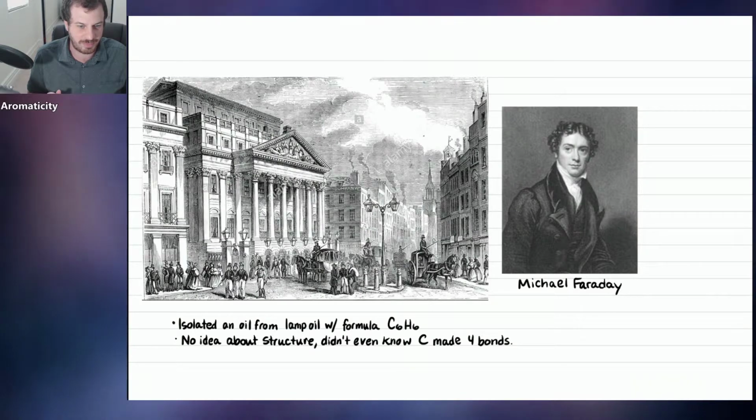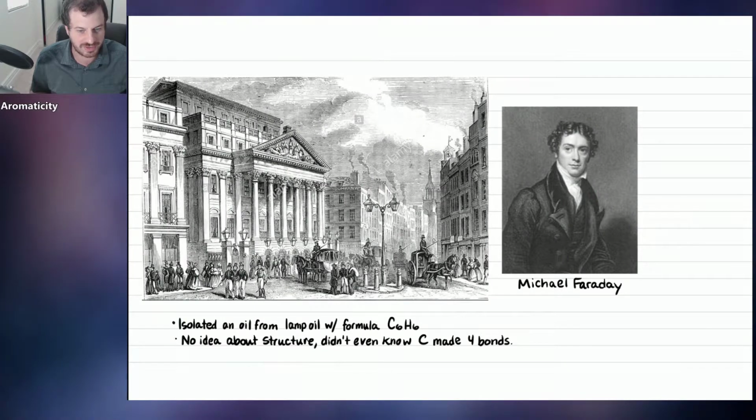So it turns out, back in the day, they didn't have electricity to light the street lamps, and they had all the horses and buggies and carriages and stuff. So they had these street lamps that were powered by oil. And so they would be filled regularly with oil and then lit, and that's how the streets were lit at night. So he was messing around with lamp oil and trying to figure out what are the components inside of lamp oil because it appeared to be a mixture. And he found something with the formula C6H6, but he had no idea what the structure of the compound was.